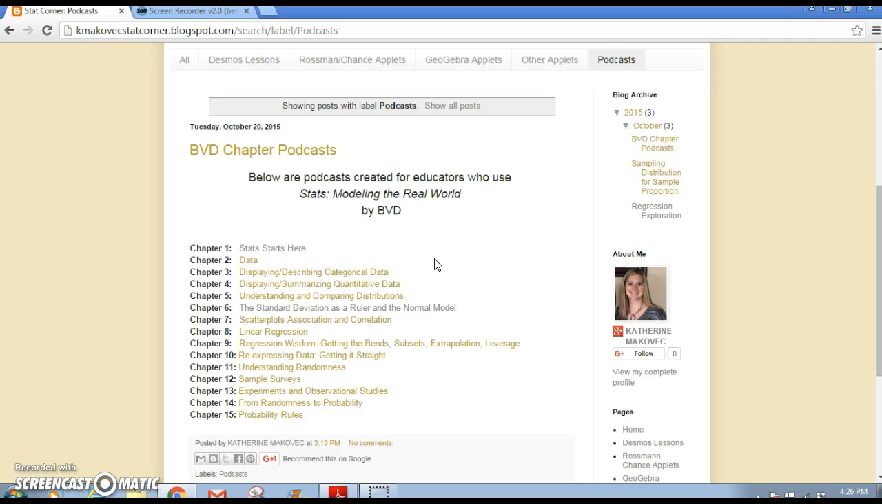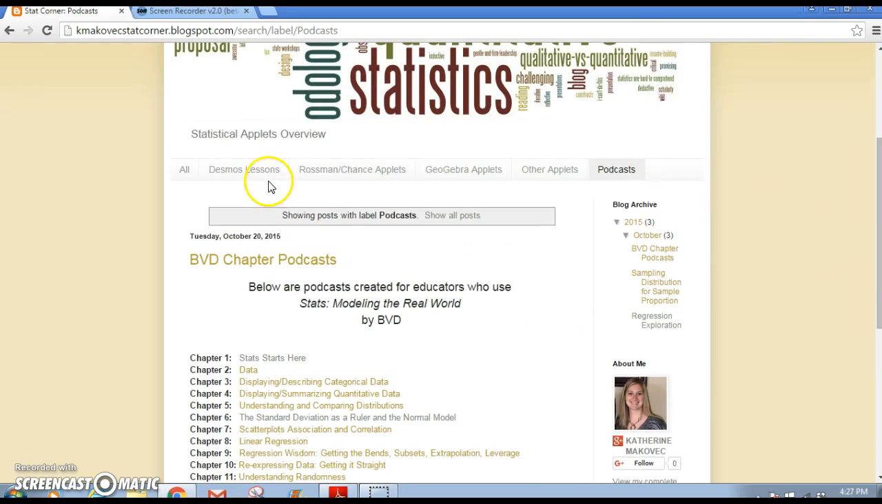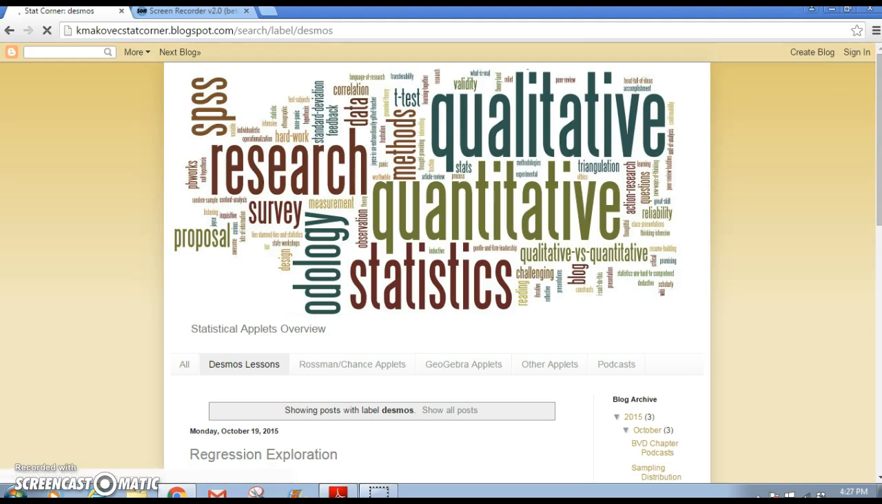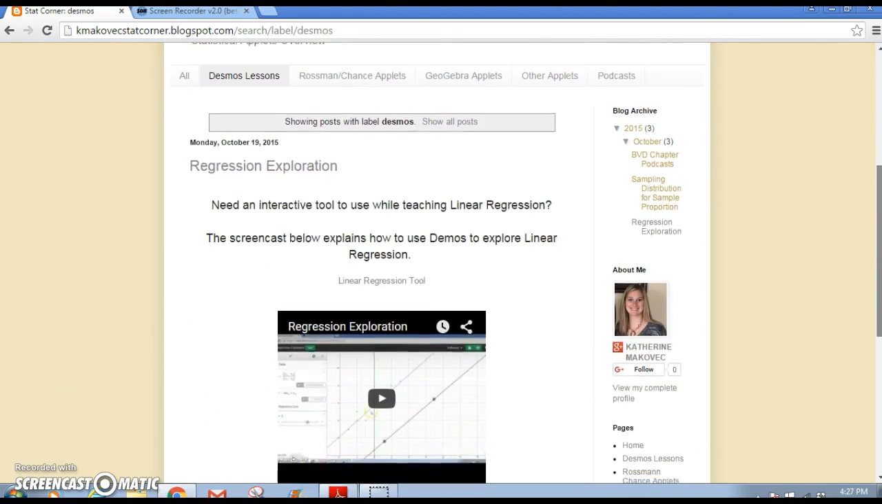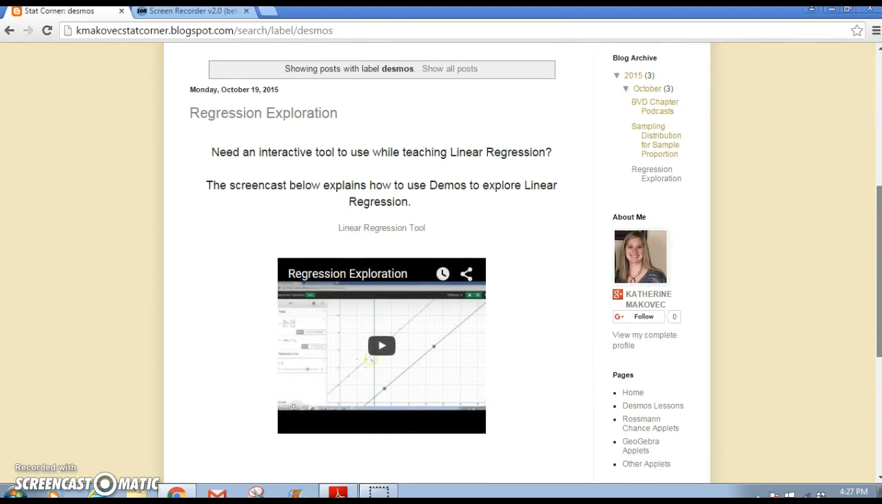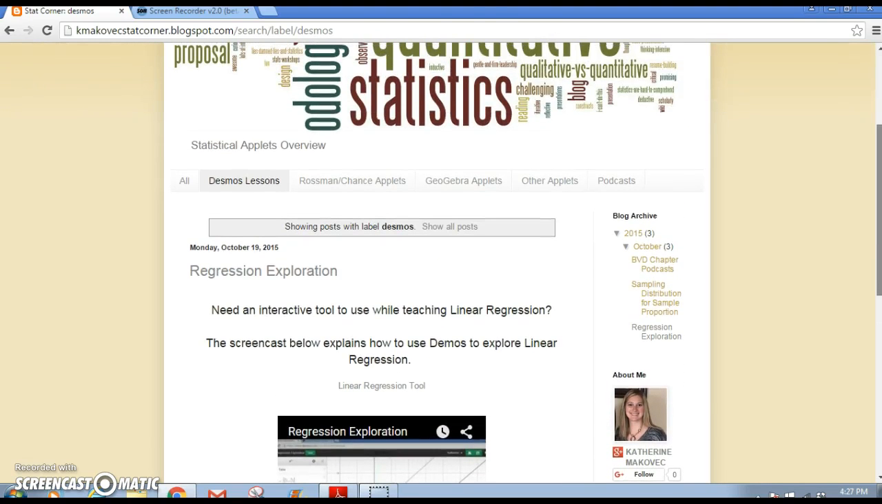So I thought that was useful. What I still need to do is add more screencasts. I have 3 Desmos lessons, but I only have the screencast created for the first one, which is the regression exploration. So I still need to create my other screencasts